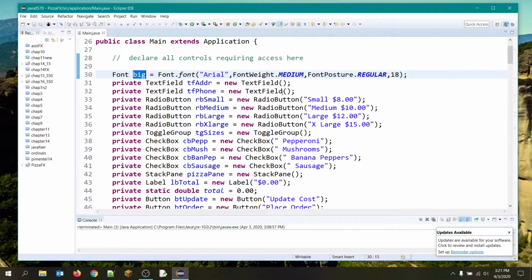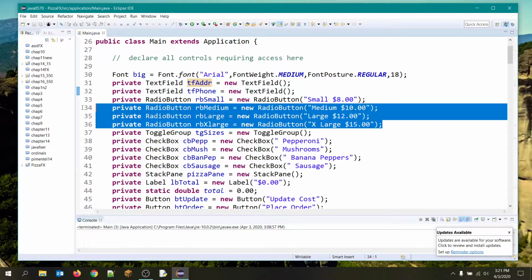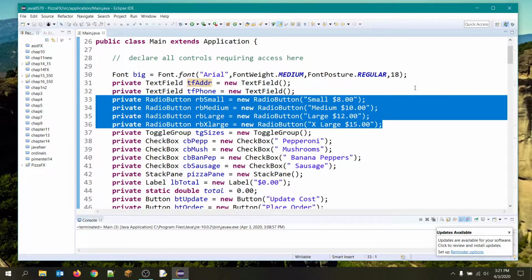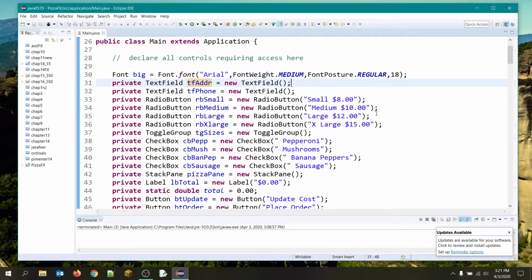And then, of course, we have our 2 text fields. I'm using TF as the prefix for text fields, so-called Hungarian notation. Then I created radio buttons for each of the sizes, because we only want to be able to select one size, and that's what radio buttons are for, so that you can only select one of the group. However, to select one out of the group, you have to create a toggle group and then add all of them to that toggle group,